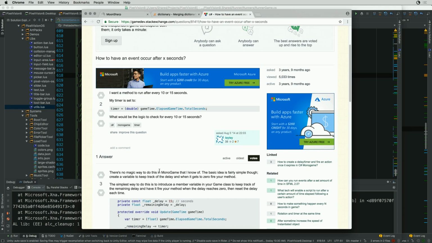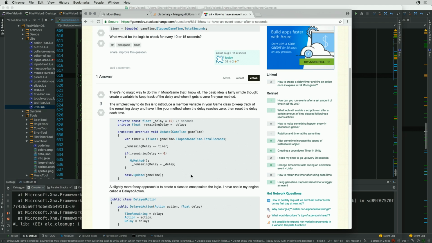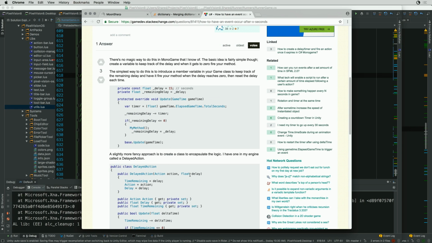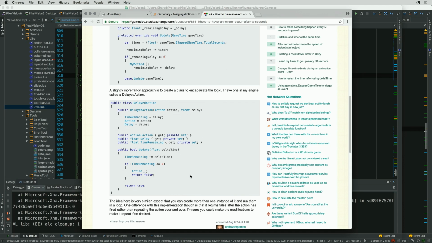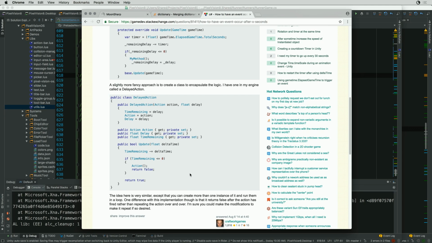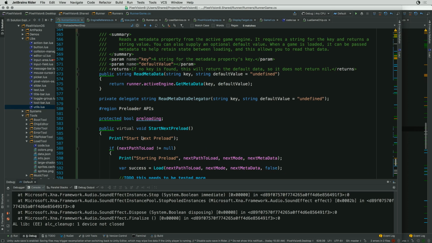All right, there's no magical way to do this in MonoGame, I know. The basic idea is fairly simple though. Update time elapsed. Yes, this is a basic delay action. Yeah, I mean, this would be the start of a new thread. Let's see if we can do a quick... Well, all we need to do is